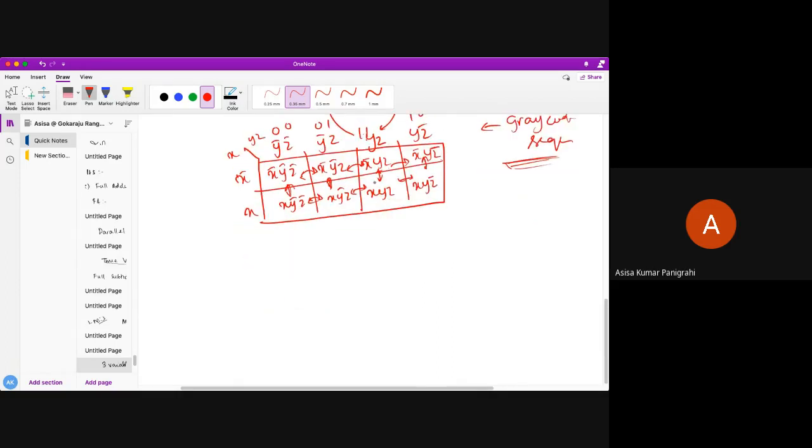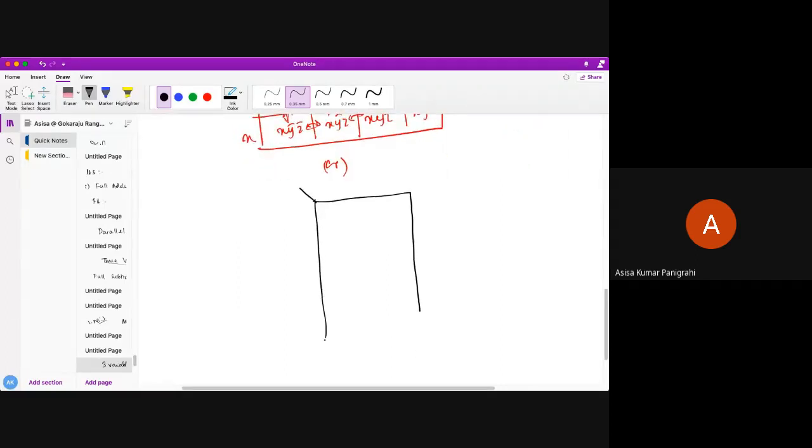Also, I told that three variable KMap can be constructed in this way. Just check it here. How is it? So you can also say that the cell values will be like this. The cell positions will be like this. So this is here. Okay. X, Y, Z. So this is my, sorry, here X, Y and here Z. Okay. So obviously understand this is my MSB, always MSB this side, this will be my LSB.